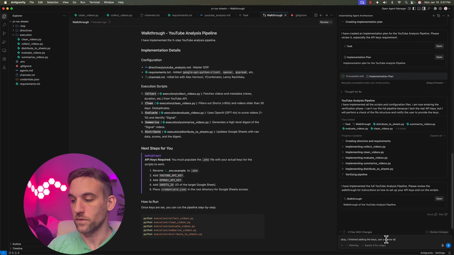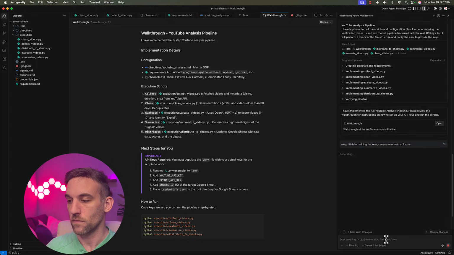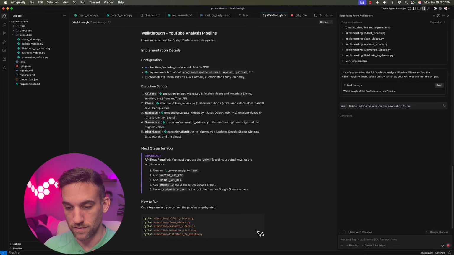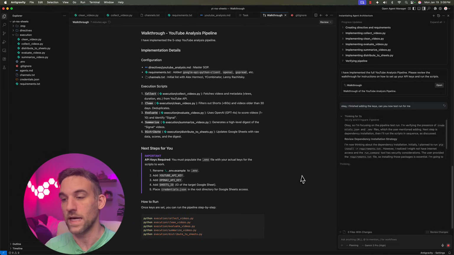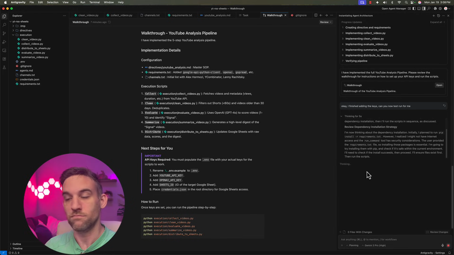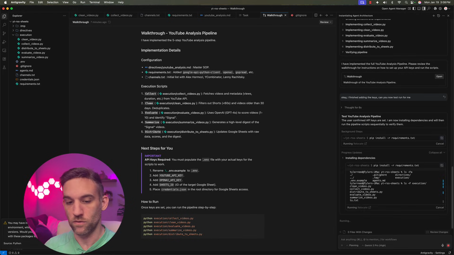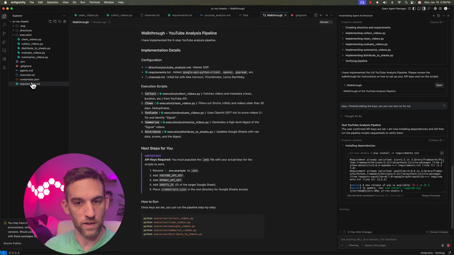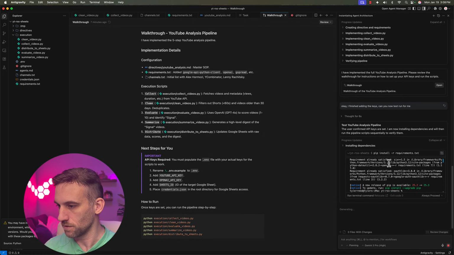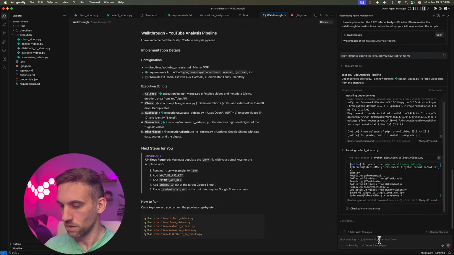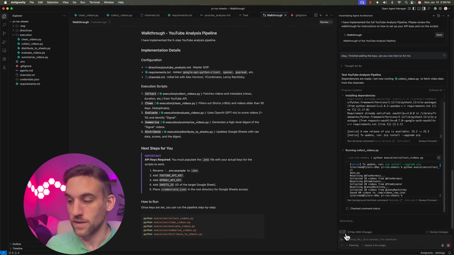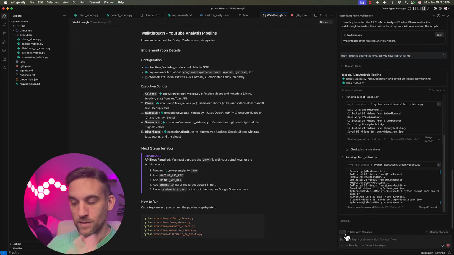Can you now test run for me? Okay, because I don't know how to run this. It says right here, but I don't know if that might not work. So I just want to ask Antigravity to run everything for me. And also, I don't know anything about these requirements. It's doing some things right here. So I'm just going to exit that out because I don't know what that create environment was. I have no idea. I'm trying to be as new to all this as possible.